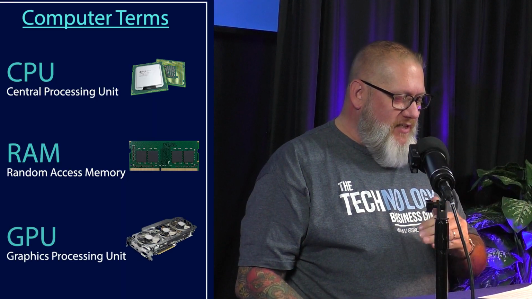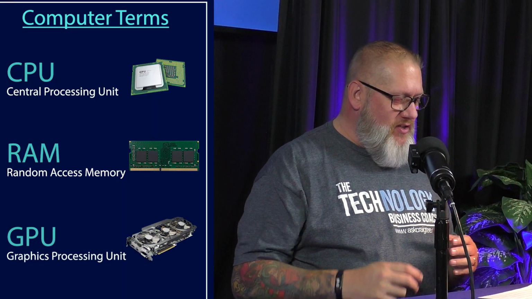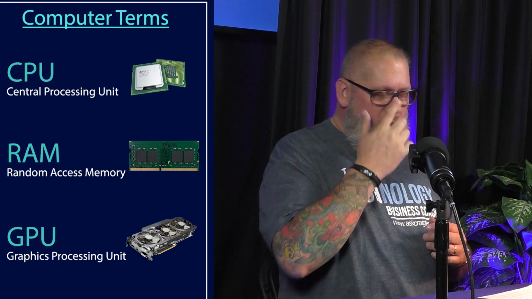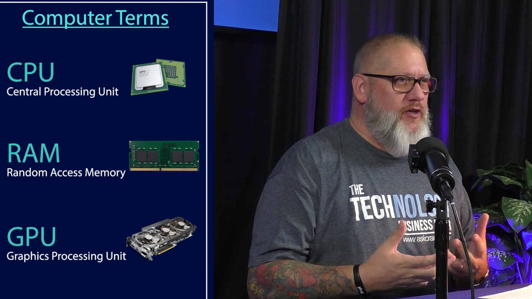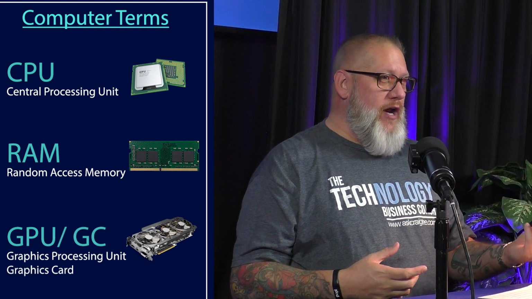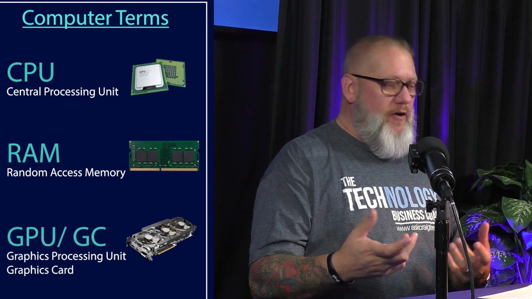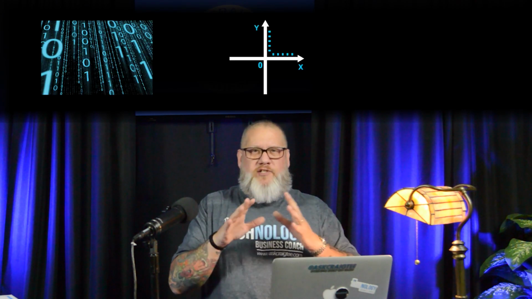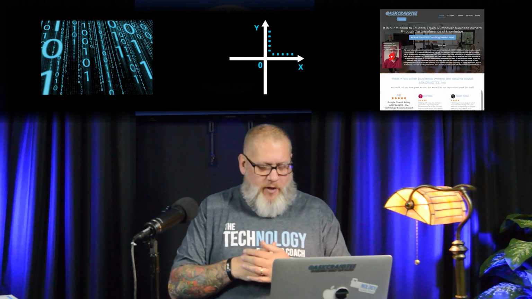GPU, graphics processing unit, a specialized electronic circuit designed to accelerate the creation and rendering of images, videos, and animations. We call this a graphics card now too. So it can be a TLA, 2-letter acronym, or a TLA, 3-letter acronym. Same thing, graphics processing unit or a graphics card. It's what allows the computer to understand the binary and imaging and the XY coordinates of an image so that it can be rendered on a screen so you can see it from a visual standpoint.